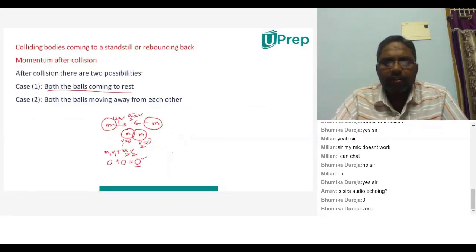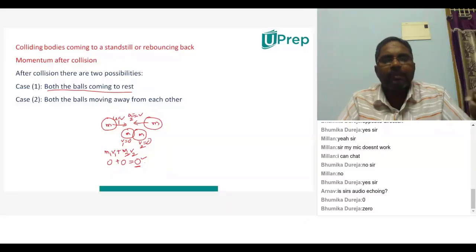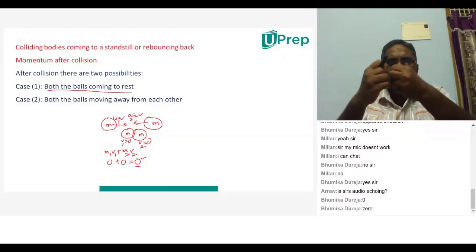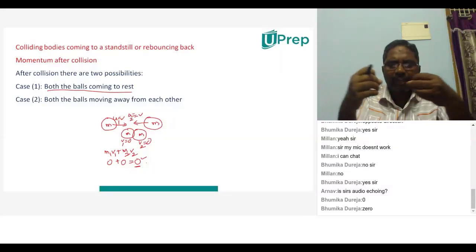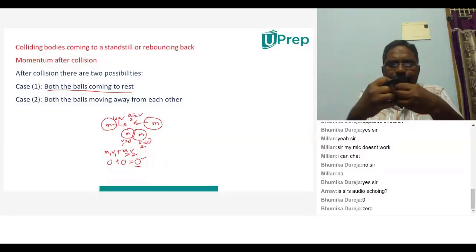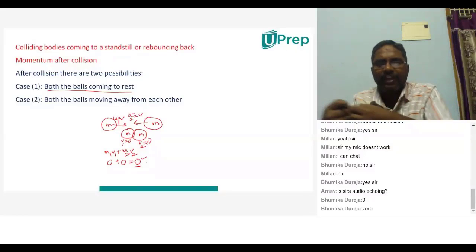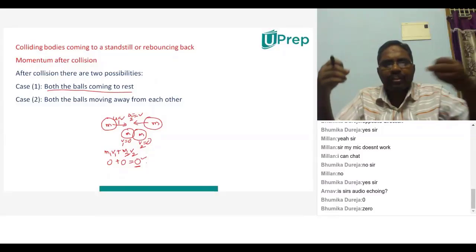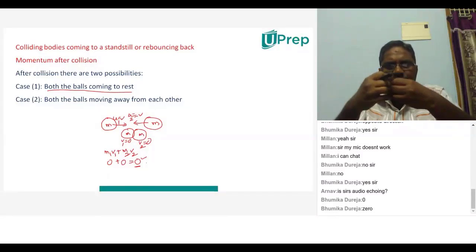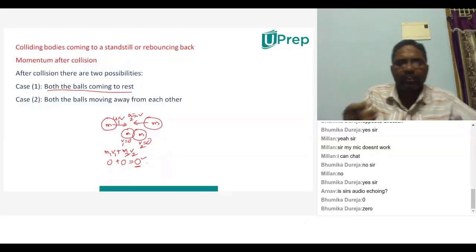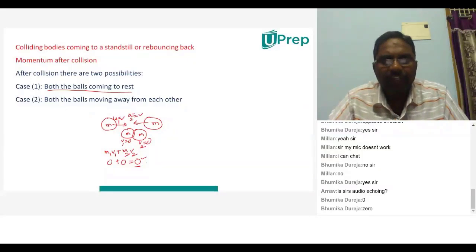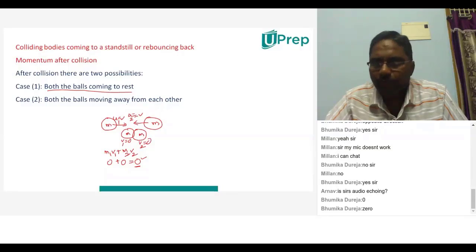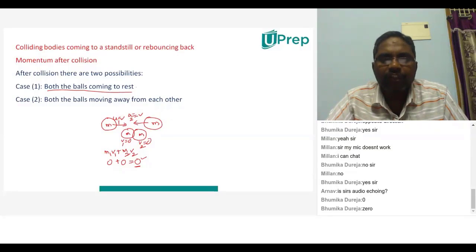Now what is the final momentum after the collision if both the balls come and stop here like this? Definitely, the momentum of the system will be zero again as they are not moving at all. After coming and hitting, they are still like this. So that means the law of conservation of momentum will be valid. Why is it valid? Before the collision, how much total momentum is there? After the collision also, the same momentum is there. Before collision zero, after collision also zero. So that's why the law of conservation of momentum will be valid in the first case, that is, when both the objects are at rest after collision.